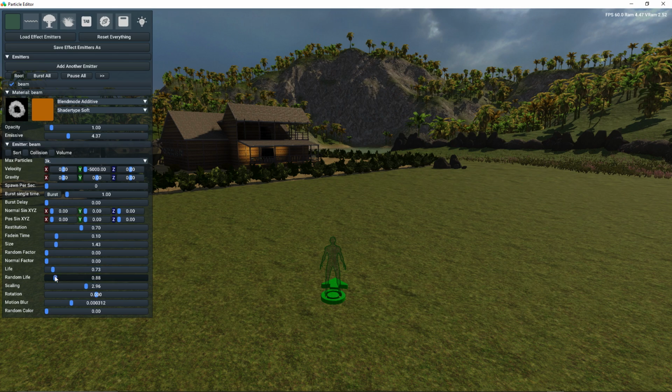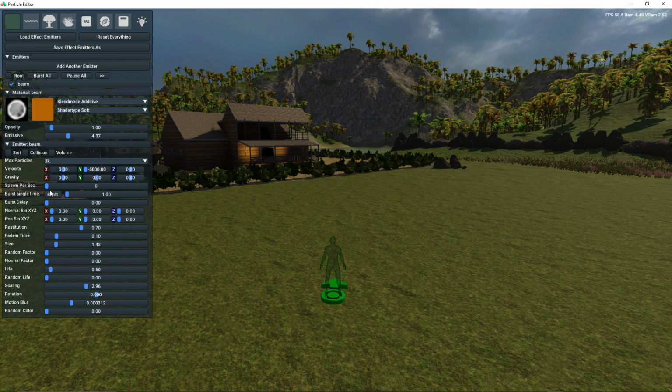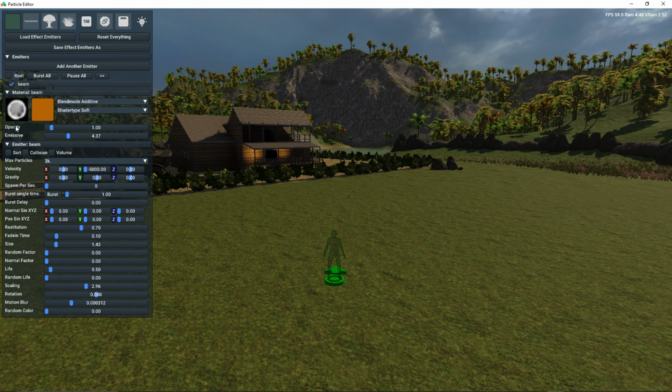We don't want anything random. We want it to be stable at half a second. Burst. That looks pretty nice, but let's try perhaps this one. Yeah, that's good. Yeah, we have here a large collection of